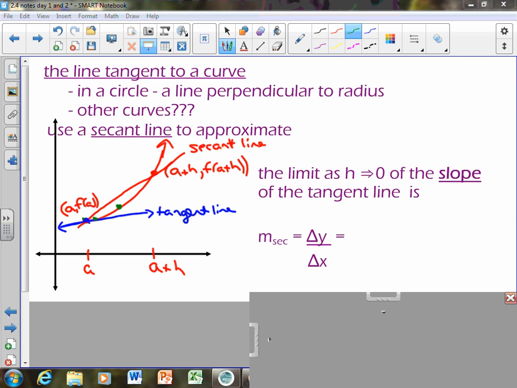So I used M here, meaning slope. Slope, average rate of change. Those mean exactly the same thing. To find the slope of my secant line using my 2 points, we're still going to talk about the change in y values over the change in x values. But now I'm going to use my a and my a plus h. So my y values are going to be f of a plus h minus my other y value down here, which is f of a,